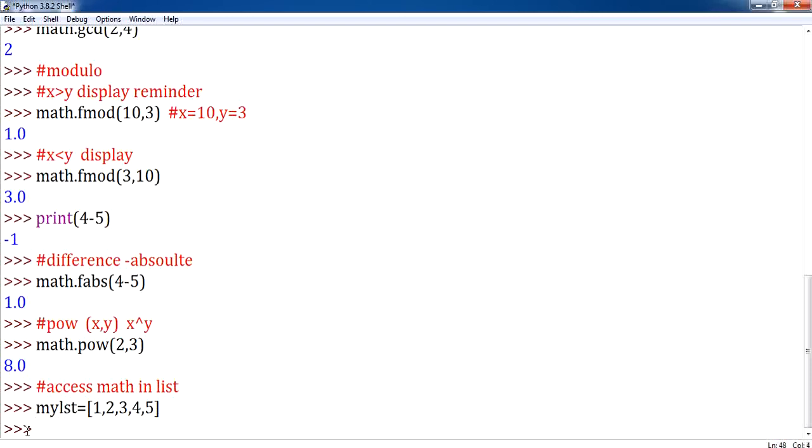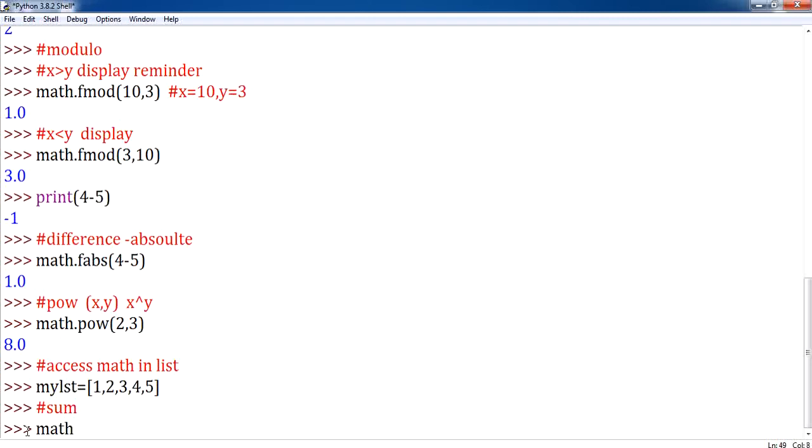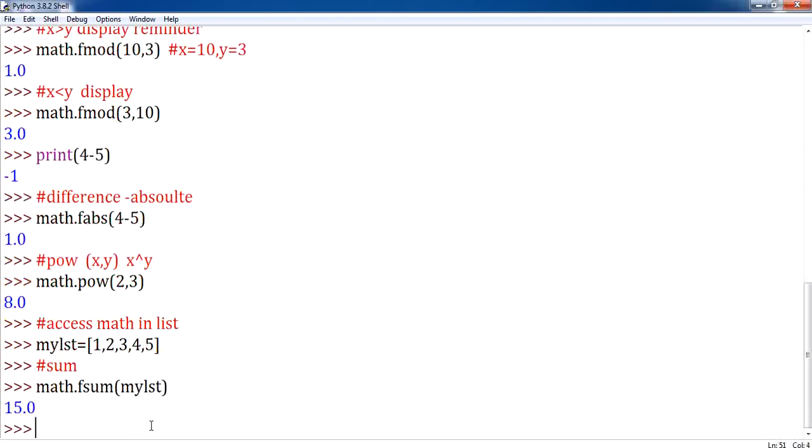Let me mention the operation sum, math dot fsum, and here I am going to pass my list as the parameter. Now I will execute it. You can notice that the sum of these numbers has been displayed. Keep in mind that it will display only a float value. It will not give an integer value.